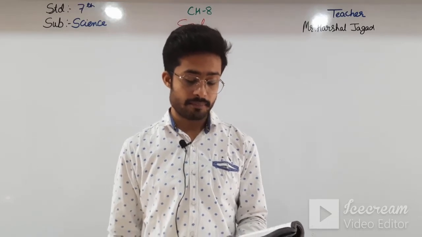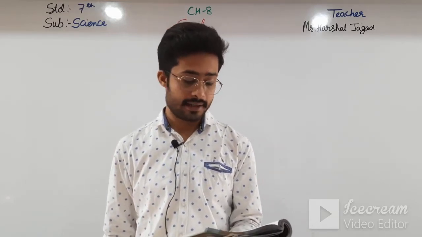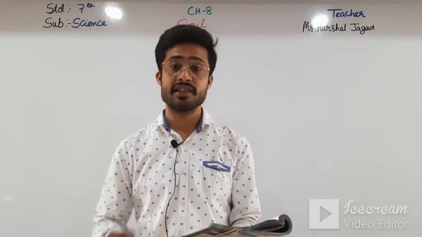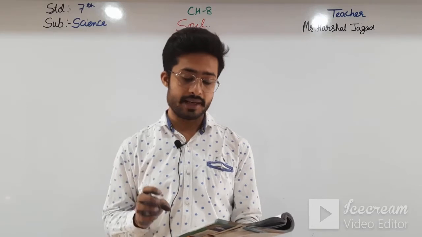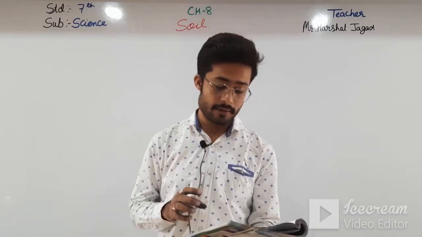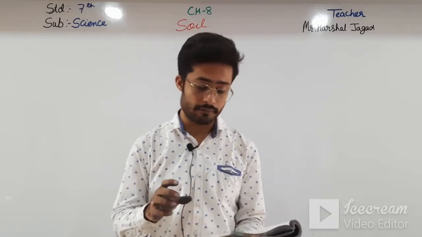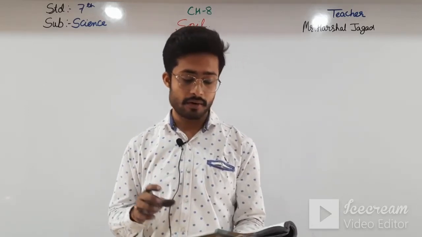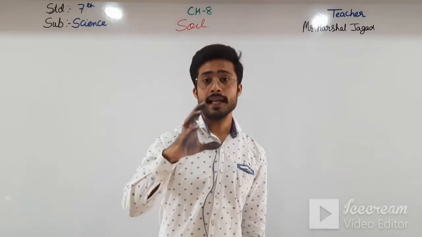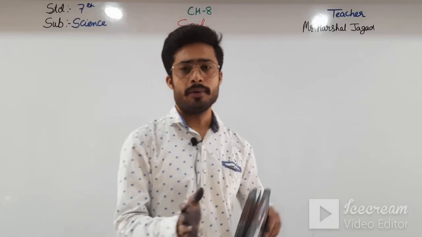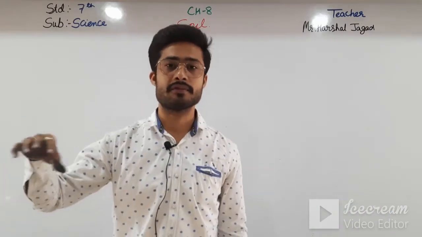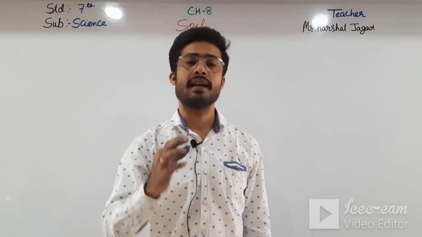The composition of the parent rock also affects the kind of soil it forms. For example, if the parent rock is rich in calcium, the soil formed by weathering would be rich in calcium. If the parent rock is dark brown in color, the soil formed by the breakdown of this rock will be dark brown in color. Means any rock that is rich in calcium, or has some other minerals, phosphorus or anything else,